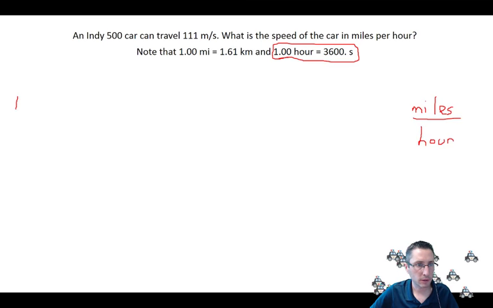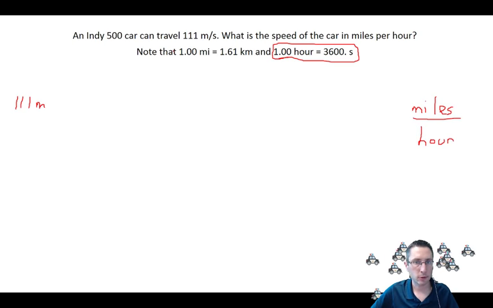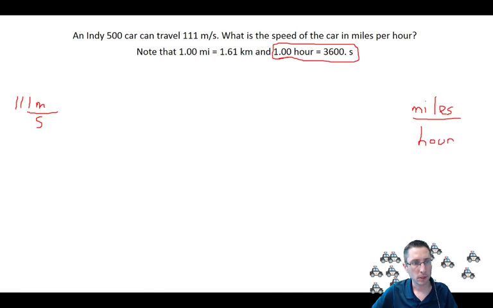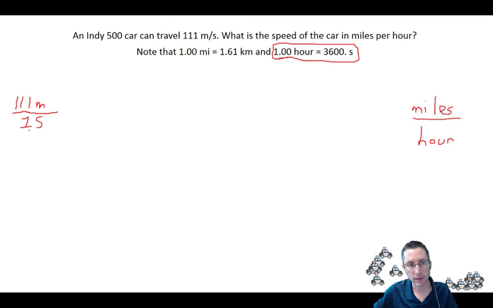So we're given 111 meters per second. And remember, when you see it written like that, meter/second, that's obviously meters per second. But write it out in terms of your units and set it up in this manner, like I am on the screen, like our unit factors, meters over second. And as a review, you don't have to write this, but this is really per 1 second. We don't really write the 1 because anything divided by 1 is just itself, but it means 111 meters per 1 second. So that's looking more like a unit factor, but that's the unit factor we're starting from.